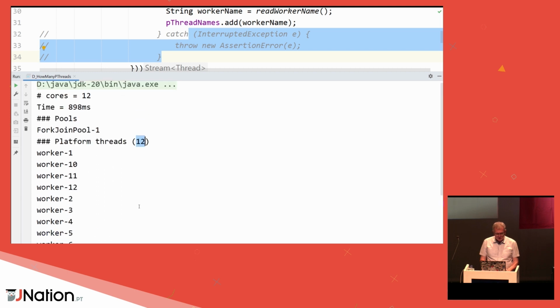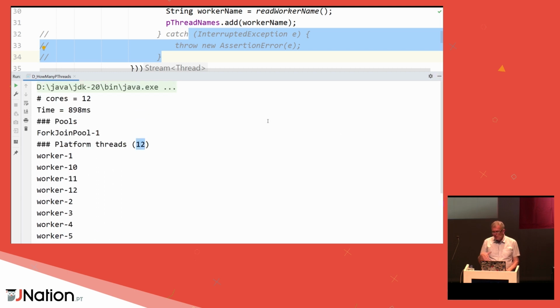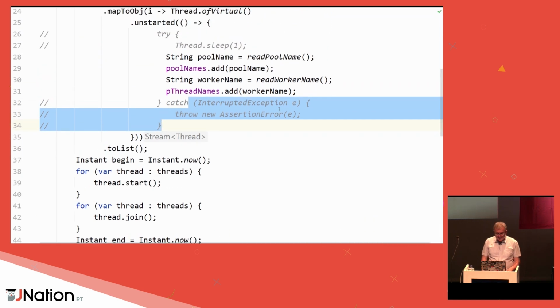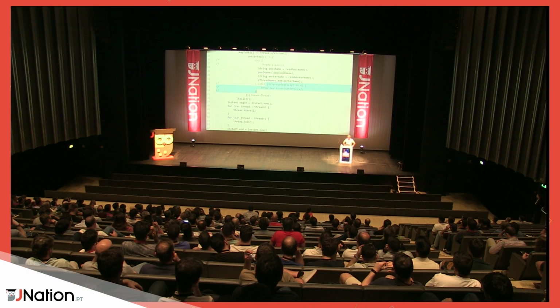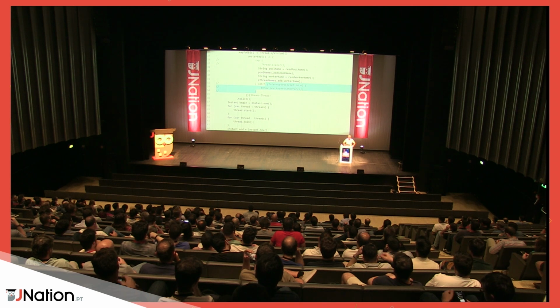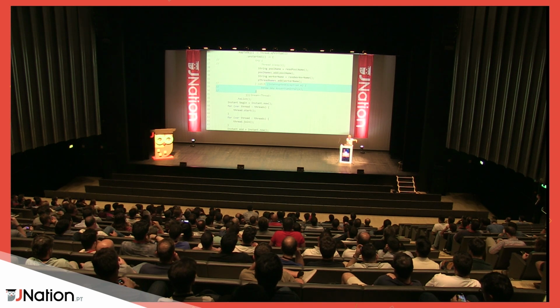All right, here are the worker threads that were used. And if you are on a 16 cores machine, then you will have 16 platform threads to run your virtual threads. So that's it. That's the gist. Now we have virtual threads that are super cheap to create, super cheap to block, because the cost of blocking a virtual thread is just the cost of moving the memory from the stack to the heap, back and forth. So much less expensive than blocking a platform thread,